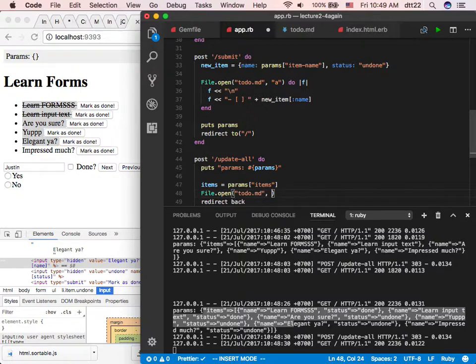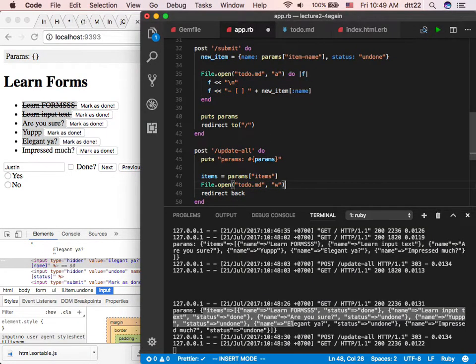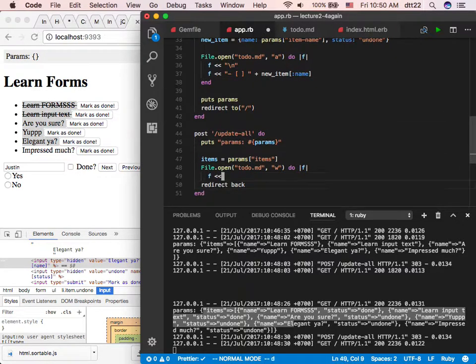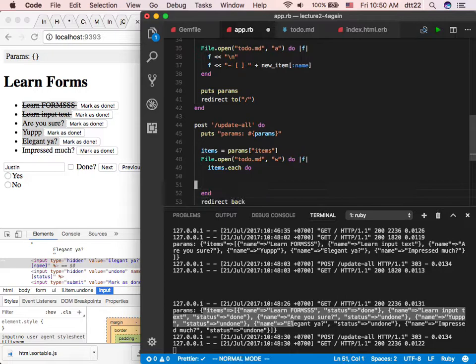Now I write to the file. I'm not going to append to it. I write to the file. And I write to the file by saying, for any item, I just write with this: items.each do, items. If item's status is done,